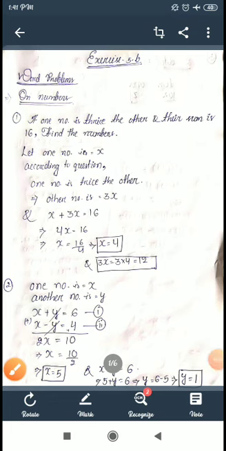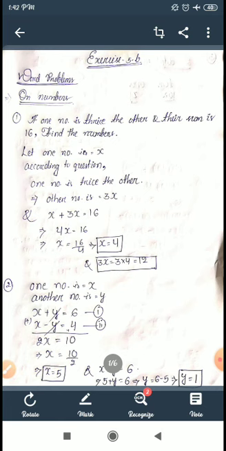Good morning, students. In the previous class, we learned word problems involving simultaneous equations on numbers. Then I said we will read problems on fractions, on age, on articles and cost, and boat and stream, and geometrical problems, time and distance. But before that, we will do the exercise question answers, the problems based on numbers. So let us start from number 1.